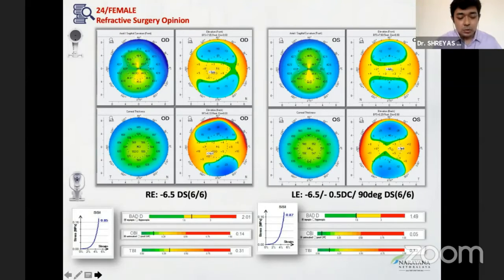Yeah, thanks, Pooja. Great summary so far. And I quite agree. Based on just the tomographic parameters, we are not seeing any great suspicion apart from a very, very minimal asymmetry, and probably want to repeat the scan to ensure that it's a consistent asymmetry. I know what you're going to show later, so I'm not going to prejudice the audience. But with this, we would probably think of doing any kind of procedure and think that it is quite safe for this patient. Even though the myopia is high, the thickness is excellent, and all of the parameters are normal.